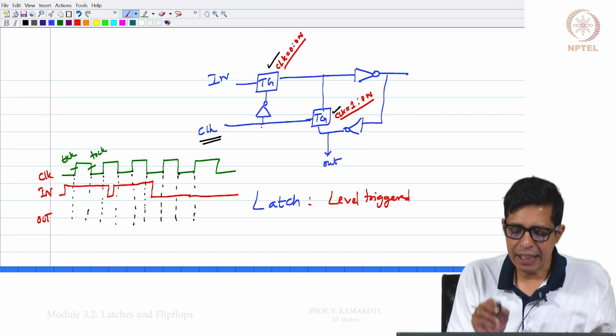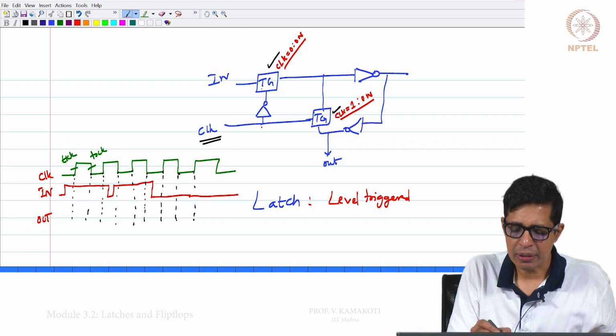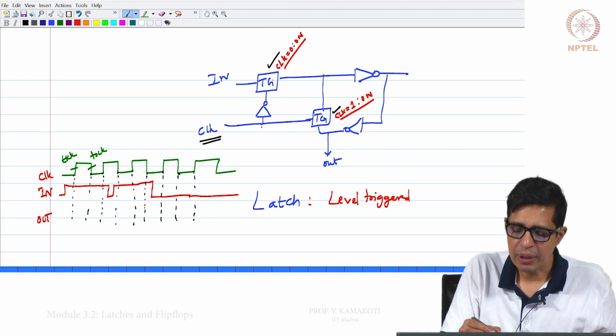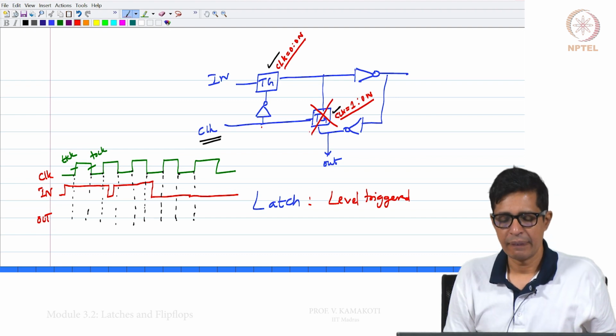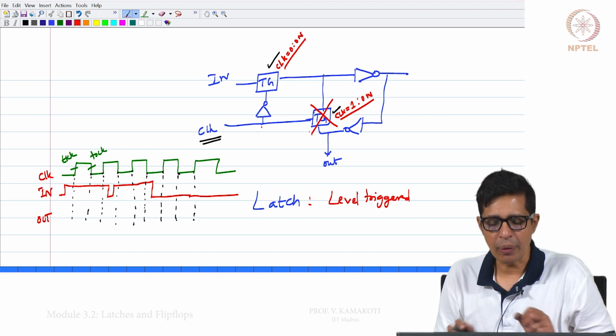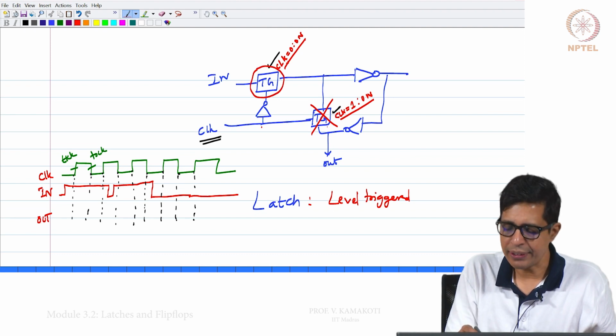When this TG is on, whatever comes from the input, that is when the clock is 0, this is on, this thing is off, right. When the clock is 0, this TG is on while this is off.